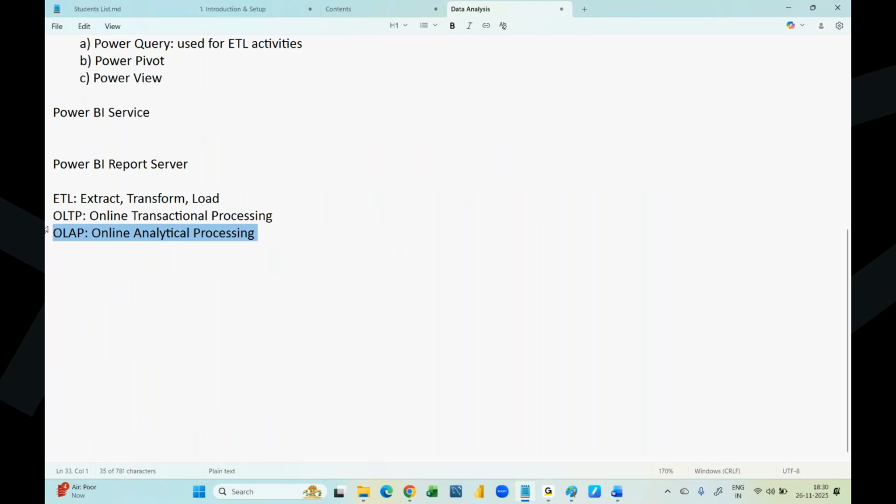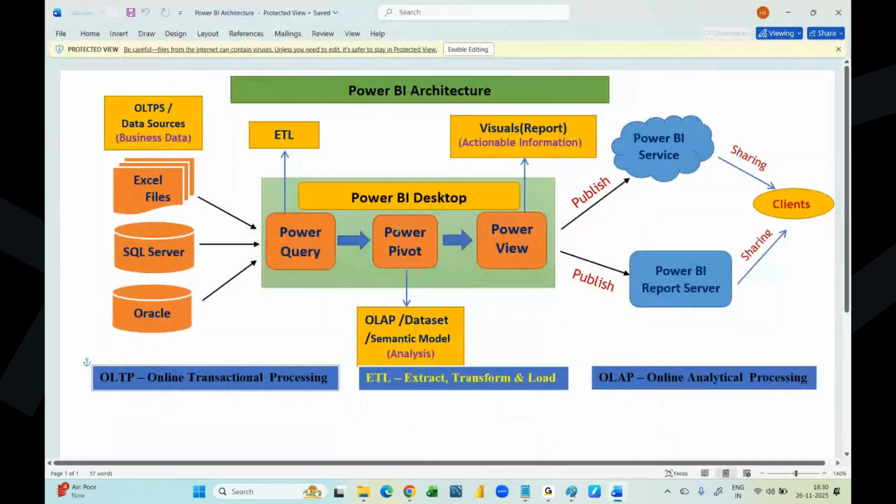What is it? Data warehouse. We'll see the data warehouse concepts in SQL. So here in the OLAP, you're going to prepare some OLAP. That is what the architectural diagram says. You can see in the Power Pivot what you're going to do. The OLAP data set is also called a semantic model, or else you can also call it a data model. Whatever the transformed data, you clean that data and load it into the Power Pivot. In the Power Pivot, the data we call it OLAP. We're going to prepare an OLAP data, create a semantic model, or call it a